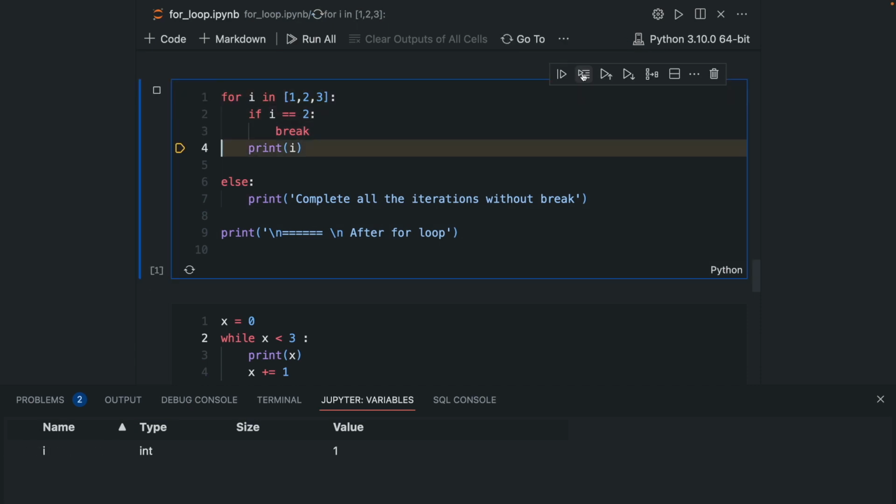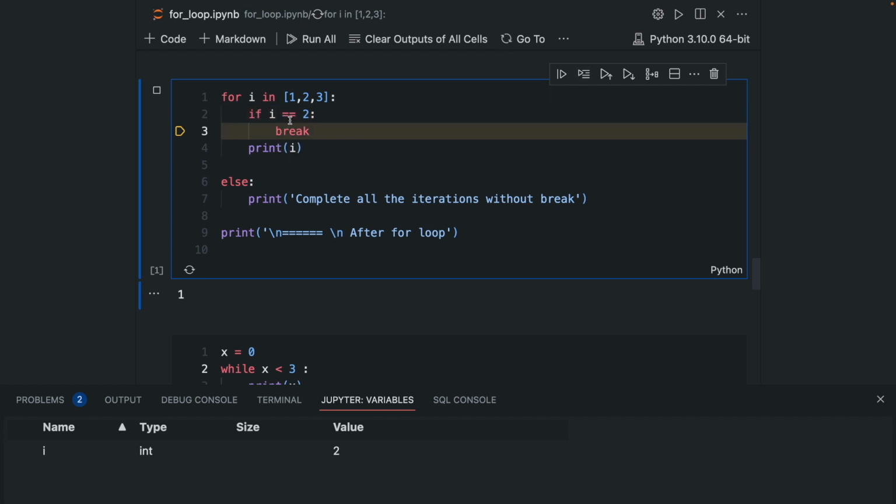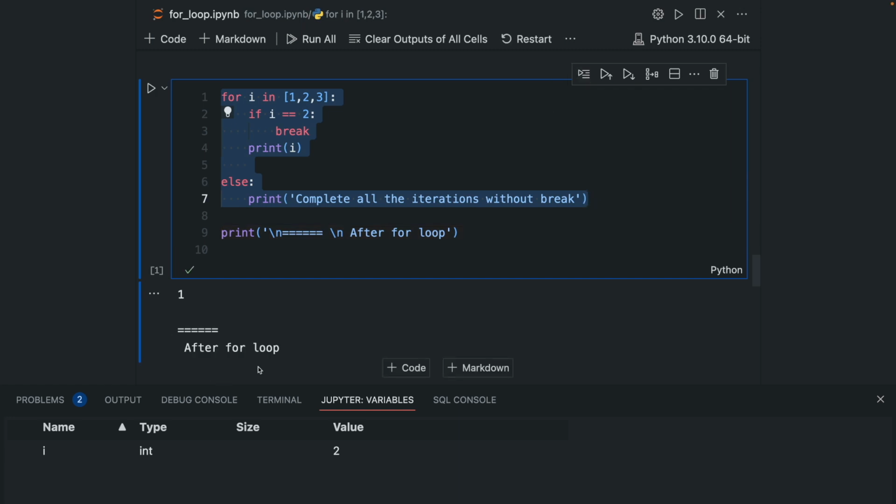So we completed our first iteration. Now we have gone for the second iteration, but in the second iteration we are passing this if condition and we are meeting this break keyword. So now look very carefully at what will happen. Do you see, we not only exited the for loop but with its else clause also we immediately exited the whole of this context, and then we print after for loop. So this is the whole logic about this else clause with loops